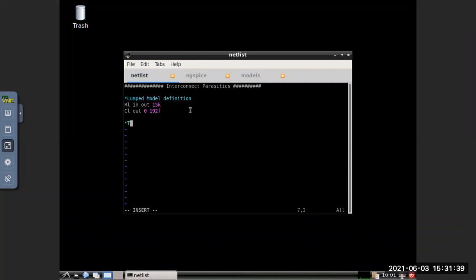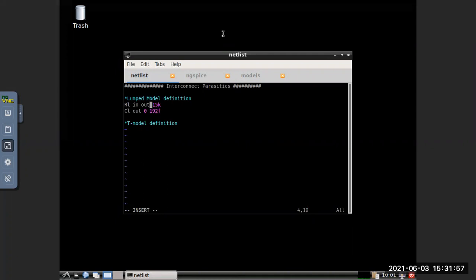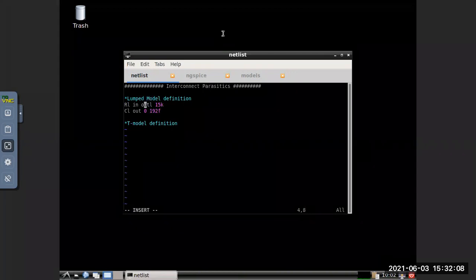So the T model definition. You can define everything here. So L means it's long.